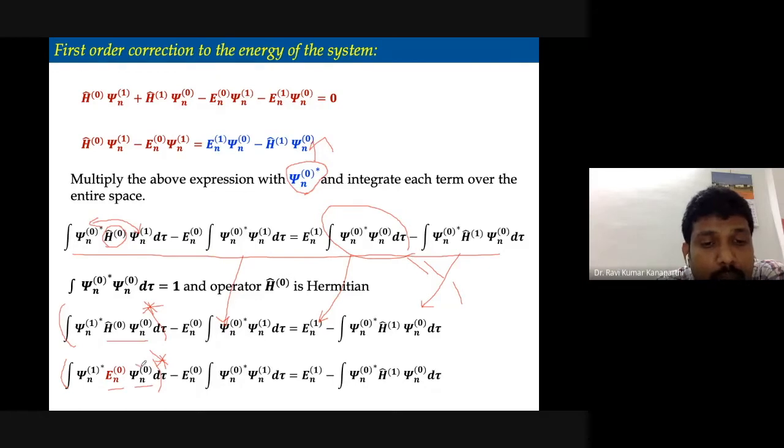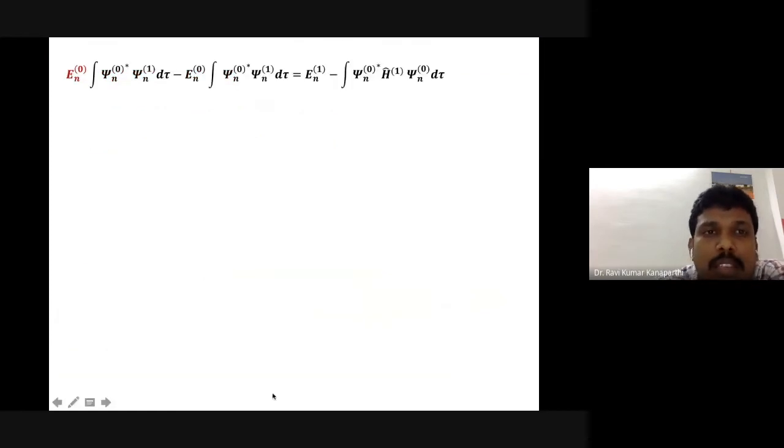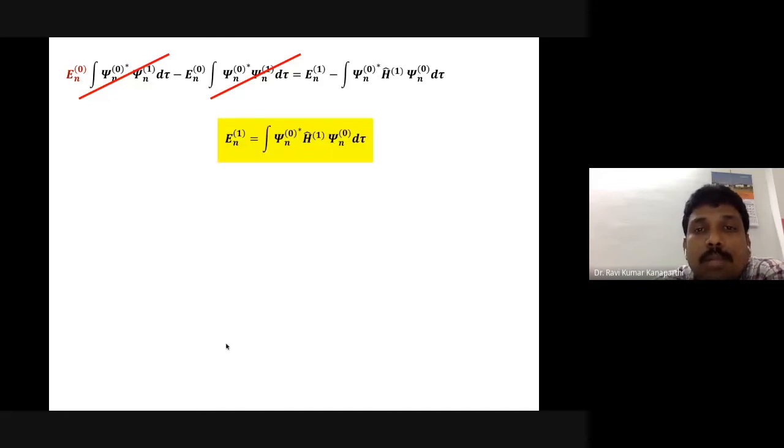If you look at that particular thing, you can finally remove this, and this also you can remove, and on the left hand side, the two terms are actually the same. They are the same in the sense that they can be cancelled with each other. I suggest you take a piece of paper and work it out. Just use the Hermitian property and you will get the answer. Then you can simplify that: since the left hand side two terms cancel to 0, only the right hand side is left. So finally what we get is En of 1 is equal to